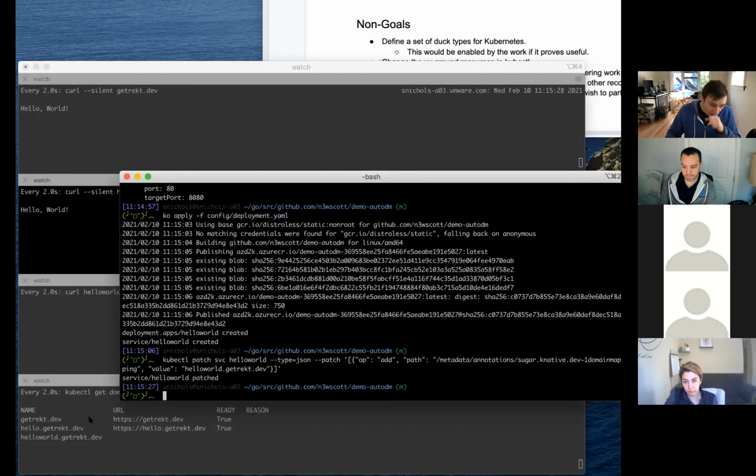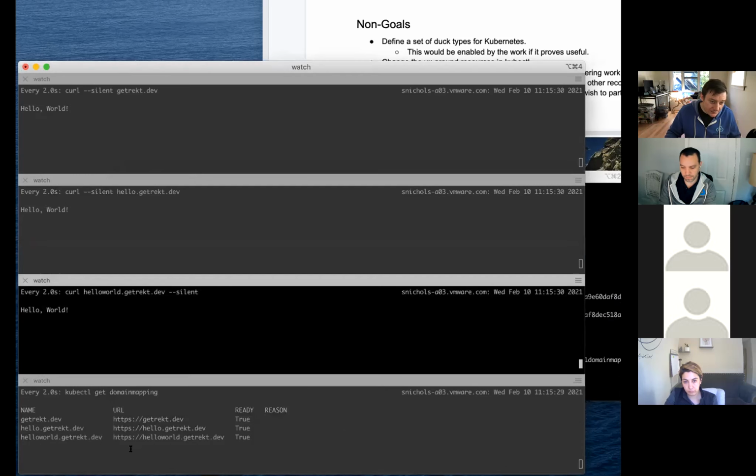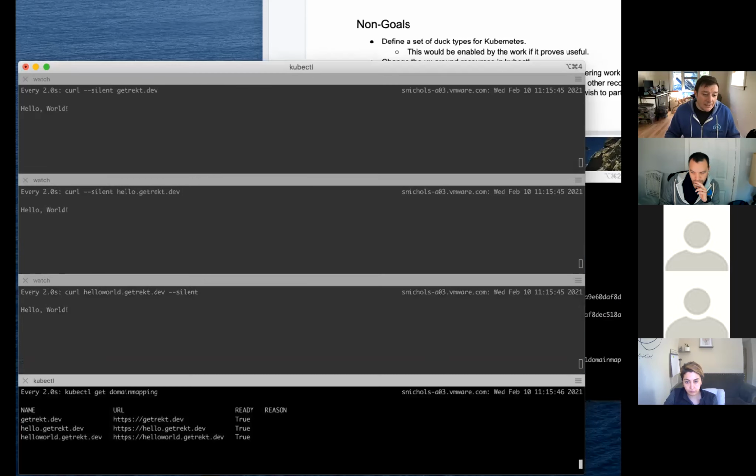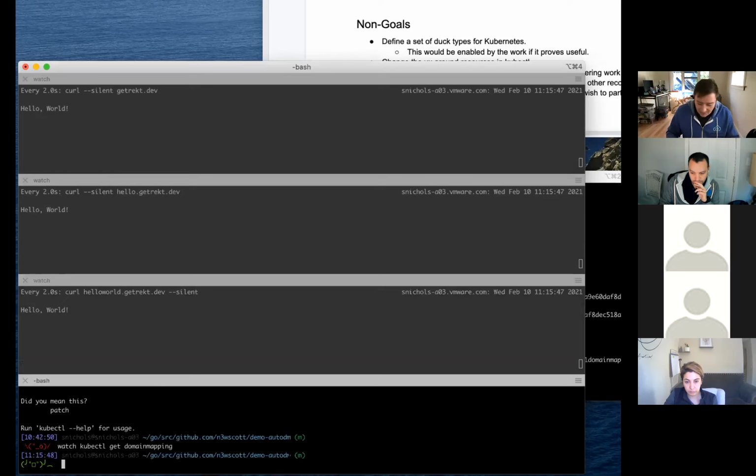And we can see that hello world.getrect.dev spun up a domain mapping. It did all the registration and stuff. And now from the outside of the cluster, because this is running in Azure, I can ping that internal Kubernetes service. So, and you know, we could do things that you expect, like